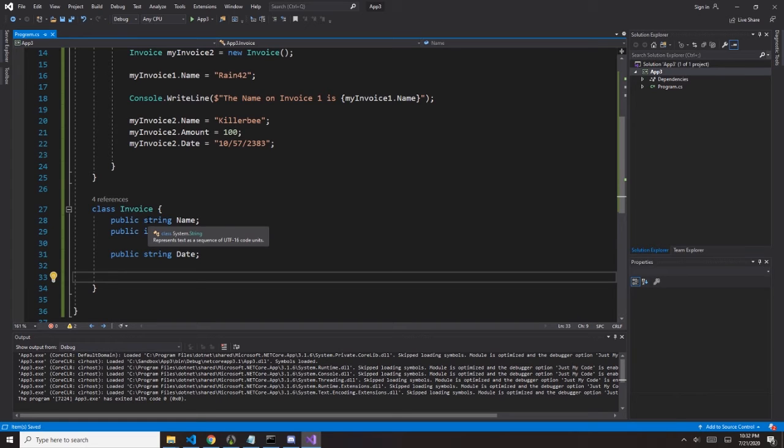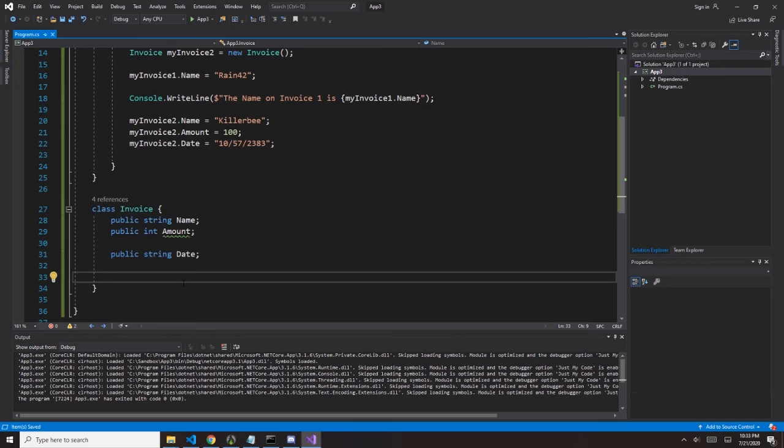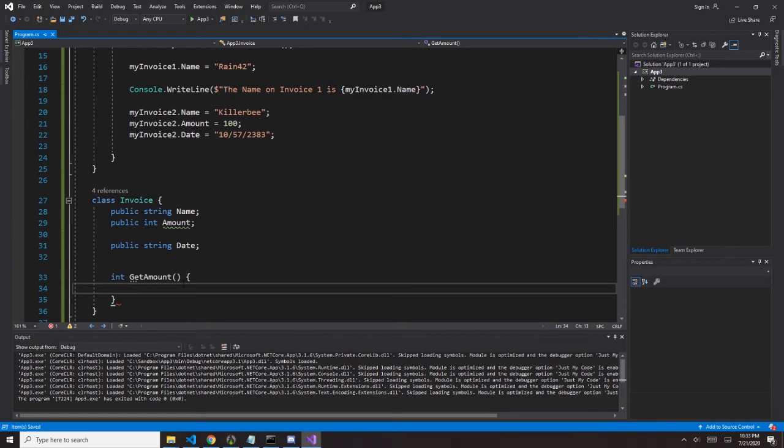Okay, so back to what we know, land. So we're going to create a function. Let's call this void add, or let's call this int get amount. So what we want this to do is we want to be able to